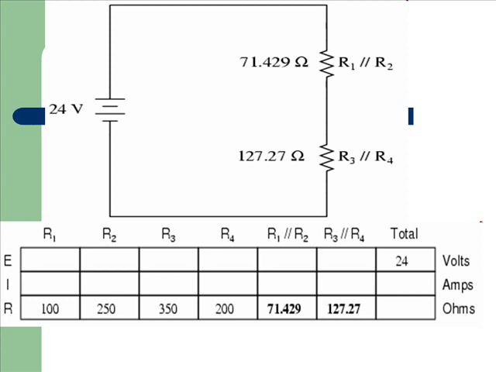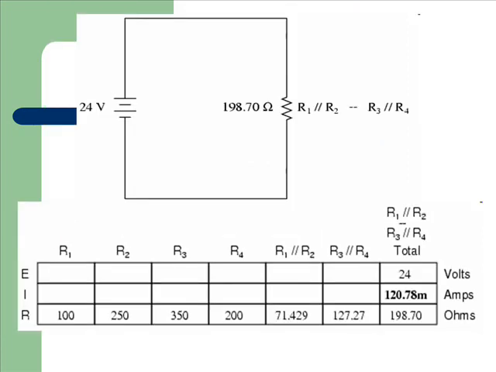The 71.429 ohm resistor at the top of the circuit is the equivalent of R1 and R2 in parallel with each other. The 127.27 ohm resistor at the bottom is the equivalent of R3 and R4 in parallel with each other. When we add those two equivalent resistances, we get a resistance of 198.70 ohms. Now we can redraw the circuit as a single equivalent resistance